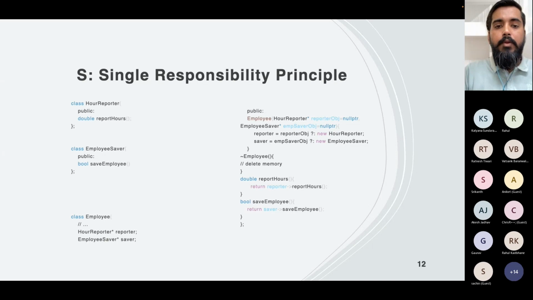Okay. And while creating, I will create two objects of Reporter and employee saver, and I will pass those to employee and initialize my pointers with those objects. And definitely in my destructor, I will release that memory. And I'll add report hours and save employee, and I will call the respective methods from them. Now, this employee class can be used anywhere,